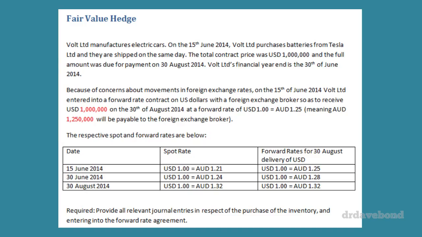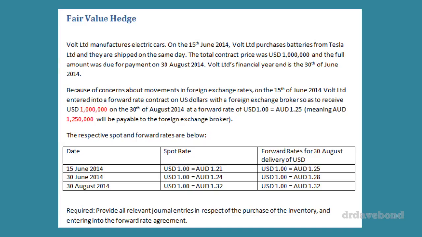So for the underlying, this first bit is obviously different numbers, but it's what we did last week. We have some sort of overseas purchase. In this case, when they decided to buy and they actually bought, that happened on the same day, then the financial year end, and then they paid off that foreign currency account payable. The amount was $1 million US, and they paid it all. Now this is the hedge bit. So that's the underlying,